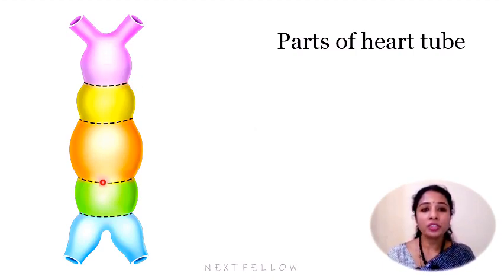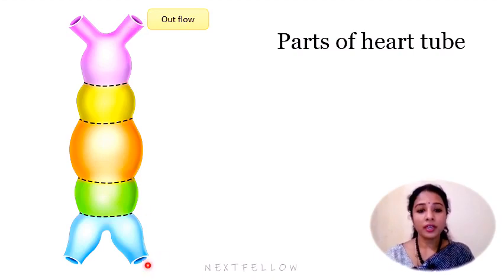So the heart tube, if you see, is an elongated structure exhibiting dilatations. You can see each one in nice colors. These are alternating dilatations. There are 4 dilatations mainly: 1, 2, 3, 4. From cranial to caudal, they are the bulbous cordis and so on. This is the outflow and this is the venous end, which is the inflow. The upper end is the arterial end, so it is the outflow.